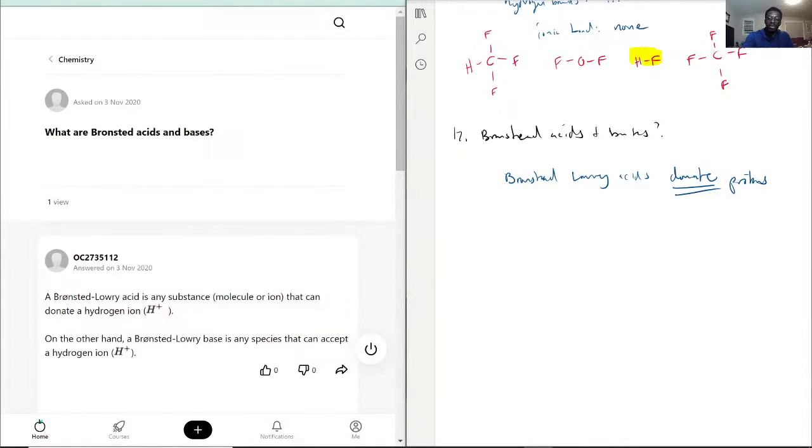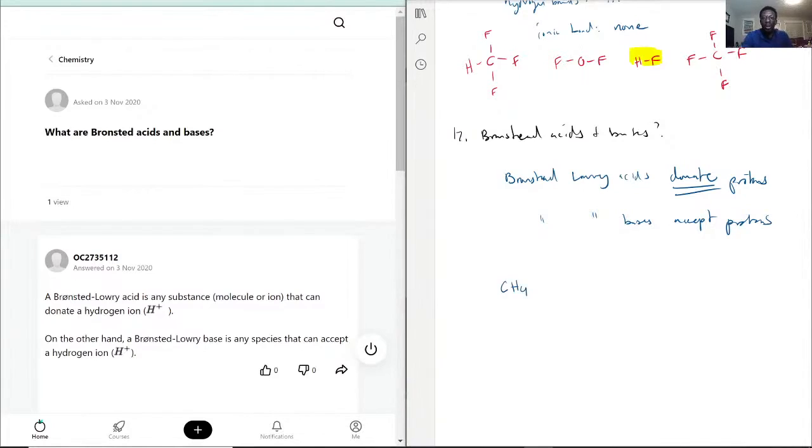The bases, okay, accept protons. All right. Now the trick about this, you have to recognize when it's appropriate that it can donate and when it's appropriate that it can accept. Okay. Perfect example,